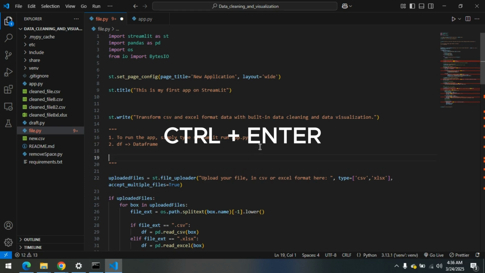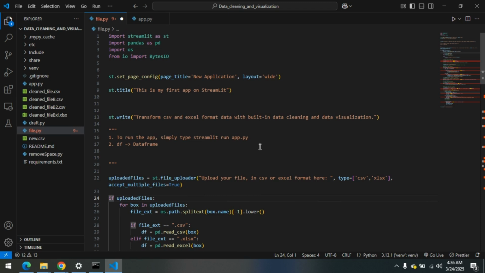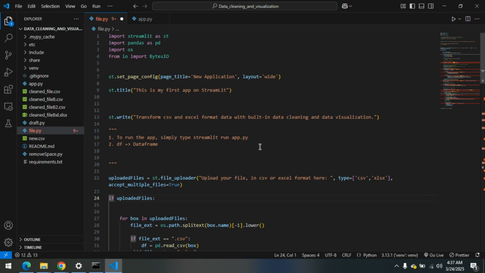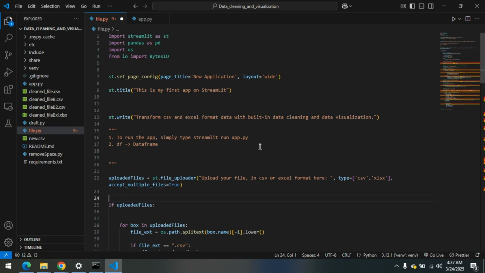Control Enter: if you're at a particular line, let's say over here, and if you want to enter a line in between this one and 25, just press Control Enter. And if you press Control Shift Enter, if you're on this line and you want to add something on the 23rd line, that would push the current line to the bottom, and then you can write whatever you want on the 24th line. Okay,